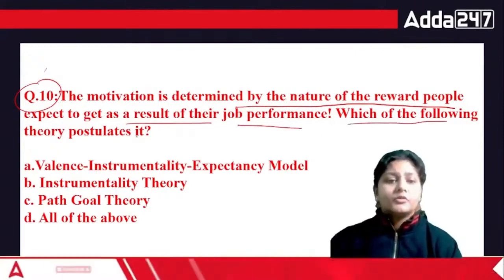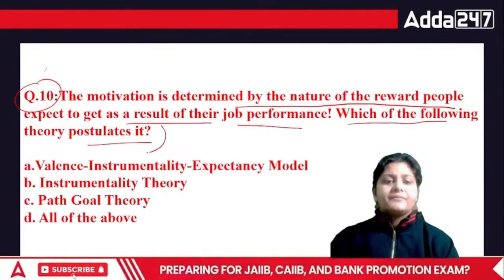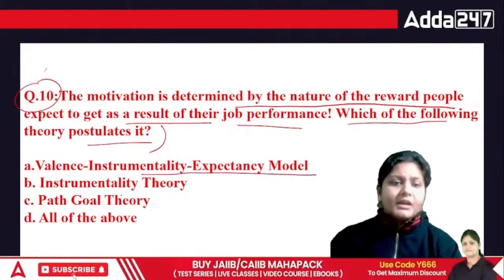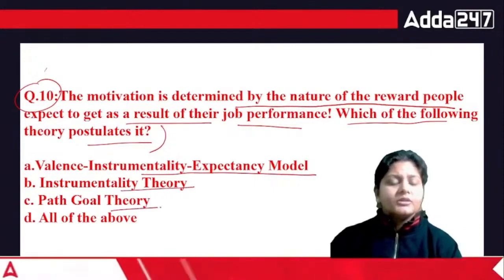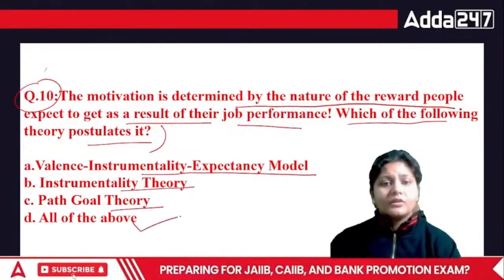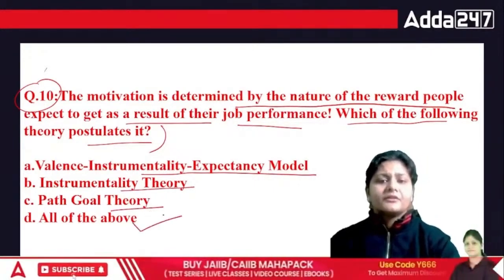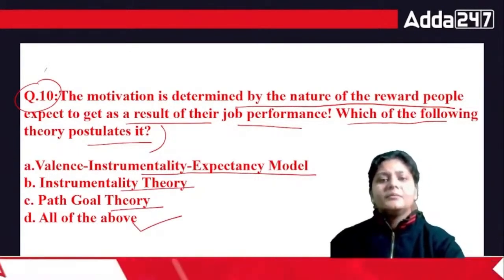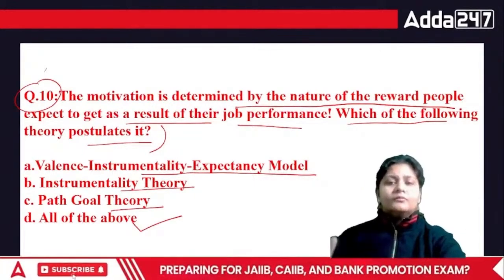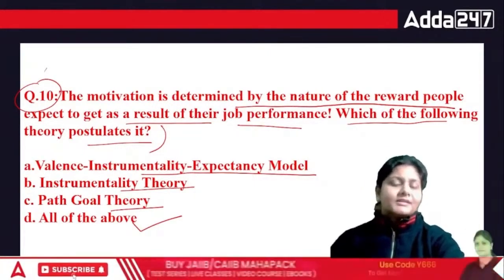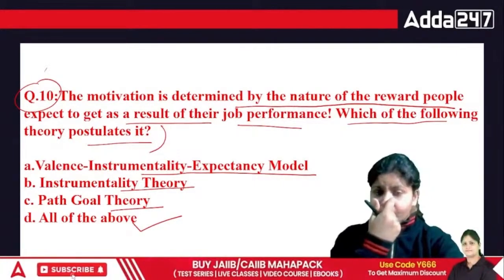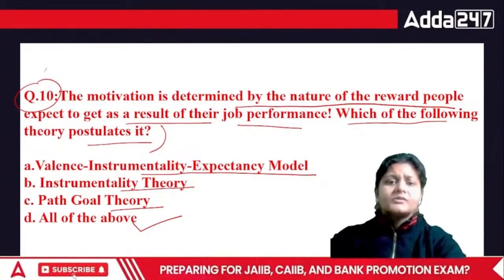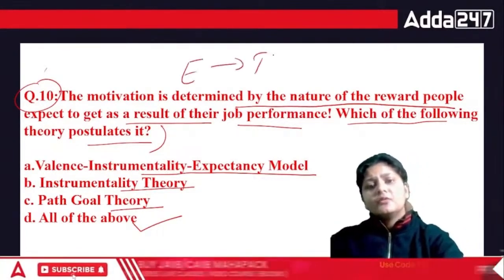Which of the following theory postulates it? Balance, instrumentality and expectancy model, instrumentality theory, path goal theory, or all of the above. Of course, all of the above is the right answer. All three names are from the Vroom theory. When we are talking about the Vroom theory, it means if we know what type of reward that person is going to get, then definitely we will be more motivated. So it will lead to effort, performance and